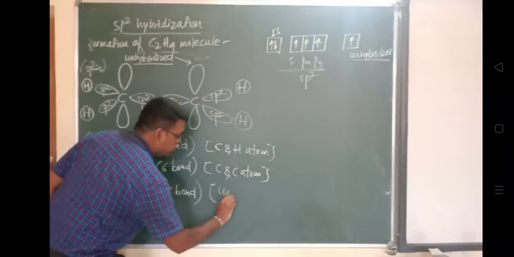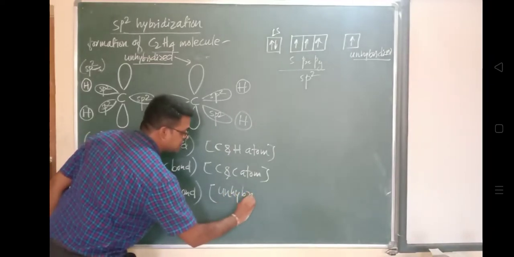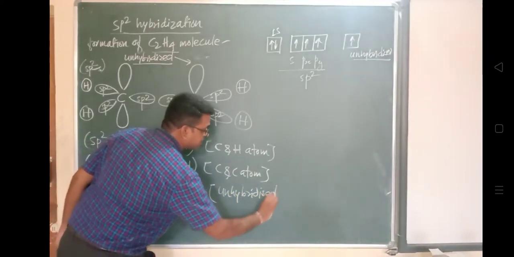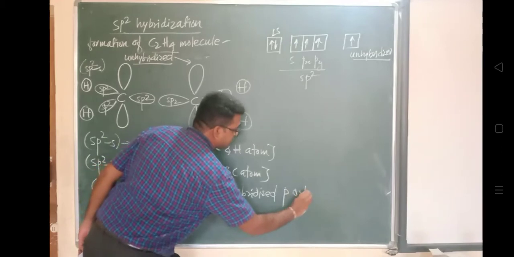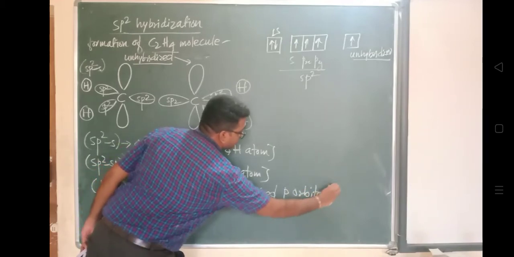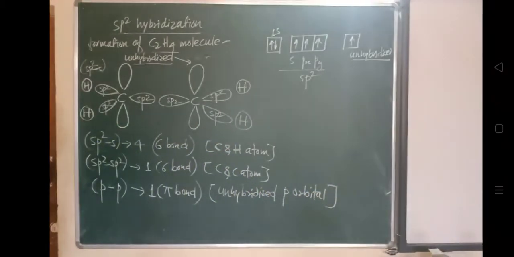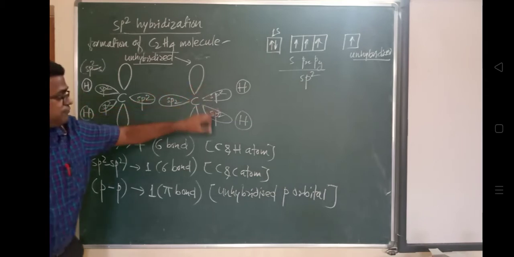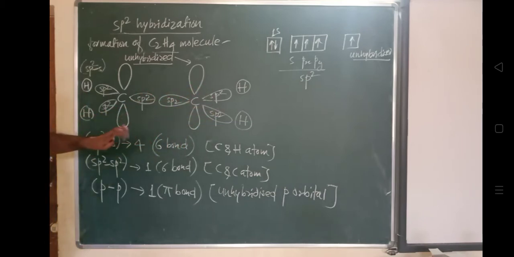So in this way, this is the structure, and this will get merged, and it will satisfy the valency and form a bond like this. So this is called sp2 hybridization. This is called sp2 hybridization in case of the C2H4 molecule. In the C2H4 molecule, hybridization will take place like this.